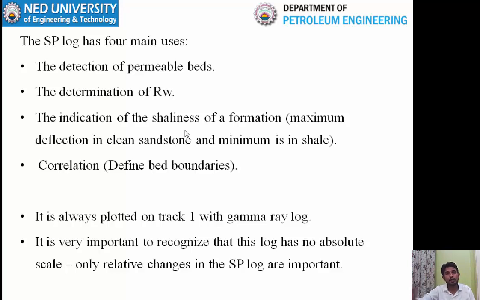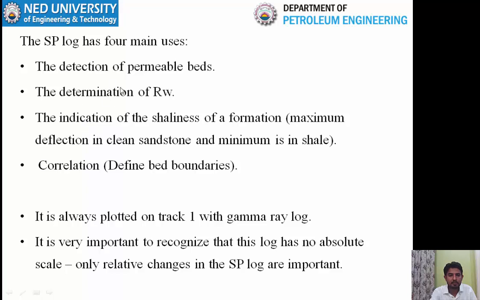But you can also calculate volume of shale through SP log. We will see the formula in the coming slides. So you calculate volume of shale independently, one from the gamma ray log, another from the SP log, and you compare the two values. So if two values are closer to each other, which means that your approach is correct, and you can rely on this number that is given to you by the gamma ray log or the SP log. But if the two numbers are different, which means that something is wrong and you need to go back and correct your calculation.